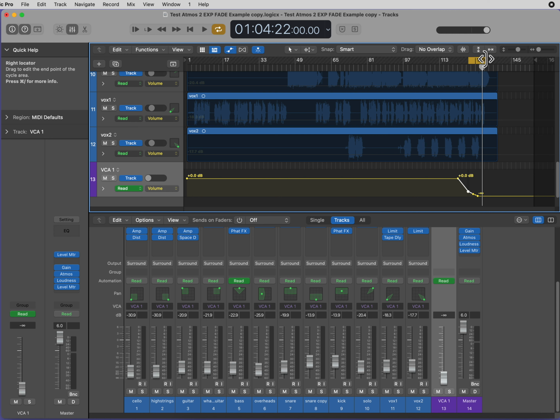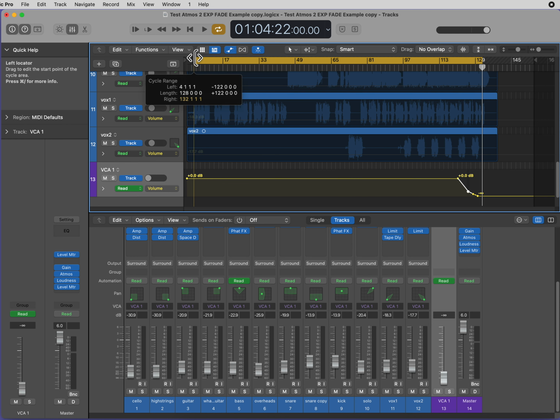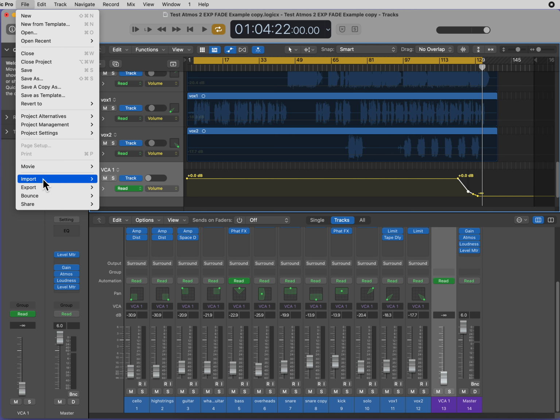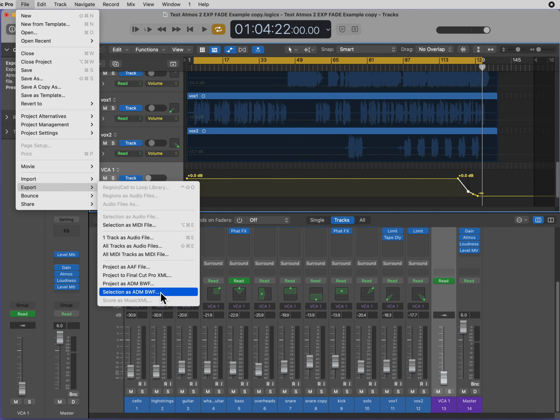So I'm going to cut right here where the silence begins where I faded it out. And I'm going to move over here just to cut out the count in. I have a count in right here. So I'm cutting that out and I'm just selecting this area. So when you export it from here, you make sure that you export selection instead of project.